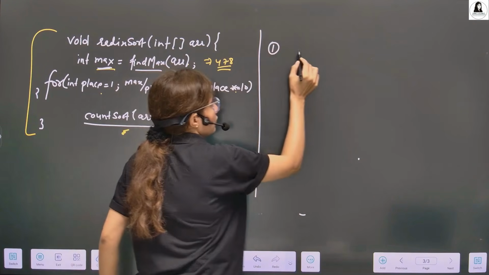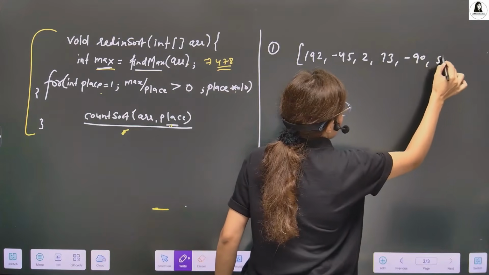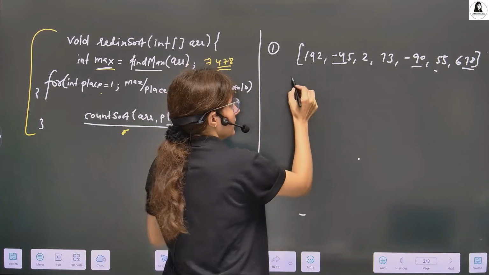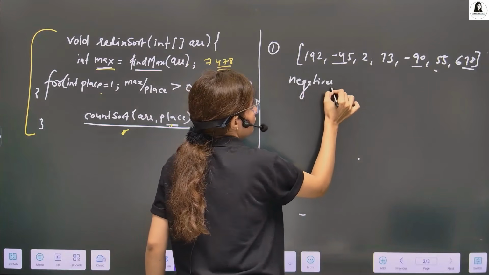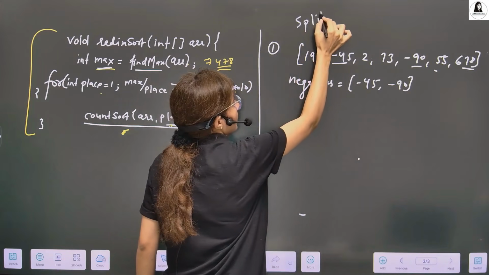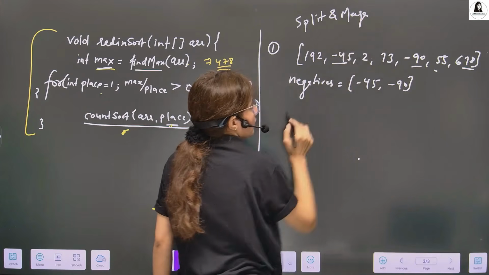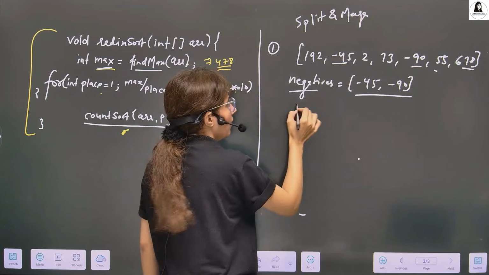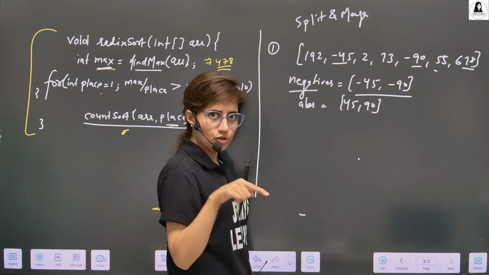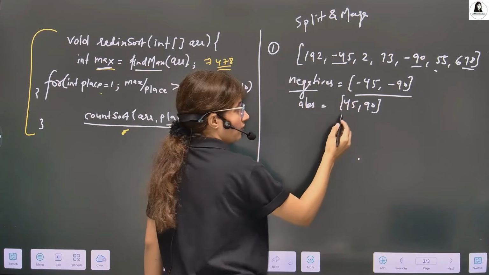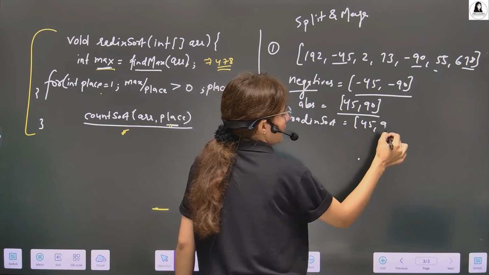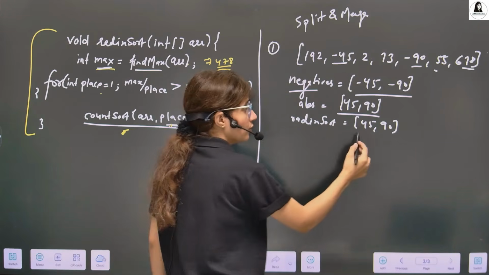First approach is, suppose I have this array, having negative numbers and positive numbers. So what we do is we first separate it into two arrays. One is negatives. In negatives, I'll just store minus 45 and minus 90. The first approach is known as split and then merge. This is my array. Now I'll just take the absolute value. So 45 and 90. Remove the sign, take the absolute value. Now apply radix sort on this. So applying radix sort, what will be the array? 45 and 90 itself. We know that after sorting. But now you have to reverse this.